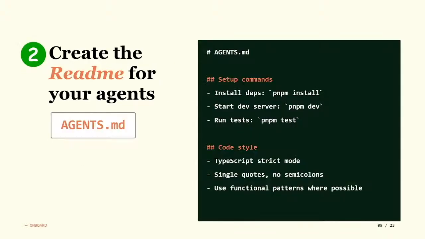Once you complete that step, the next action item would be to create an agents.md file. Now, this acts as the core instruction file for your agent. This is where you can put everything important to your agent. So for example, the high-level architecture, the tech stack, or even the critical dependencies that are important for anyone working